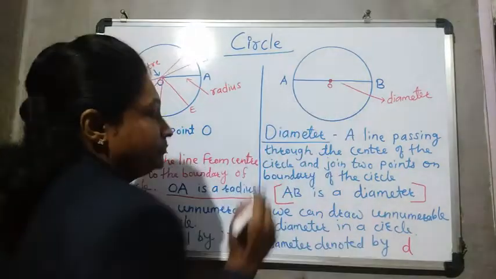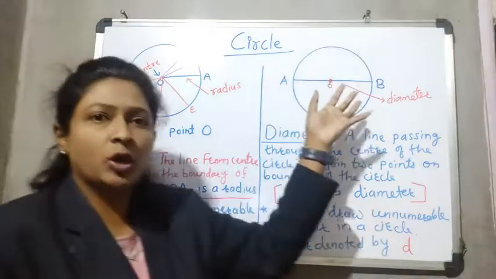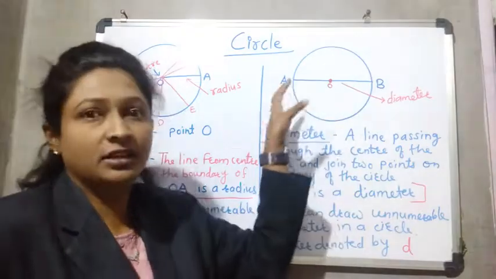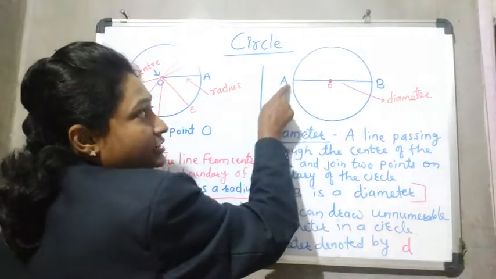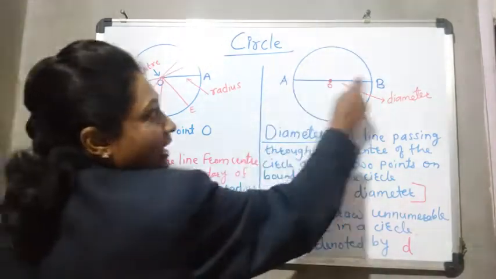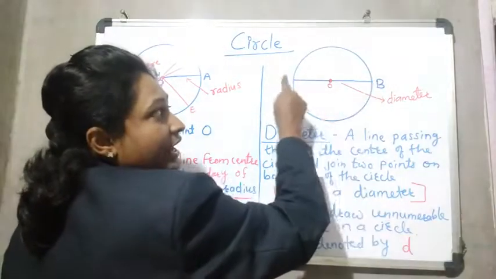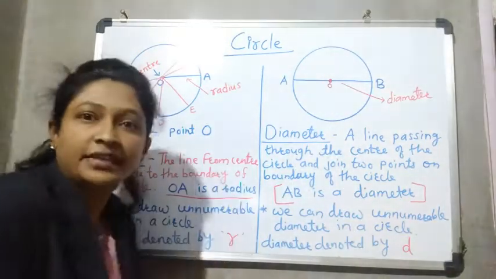We will see this later, but see, diameter is also a chord. Okay, this is the longest chord of the circle. But now we will see the diameter only. So diameter means what? See the point. The line we join between 2 points on the circle and passing through the center of the circle.